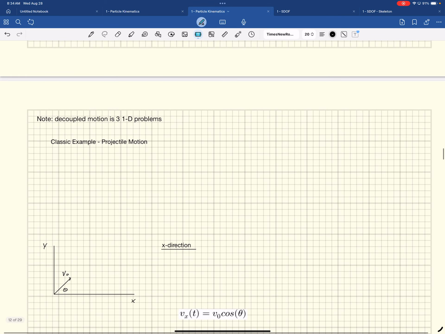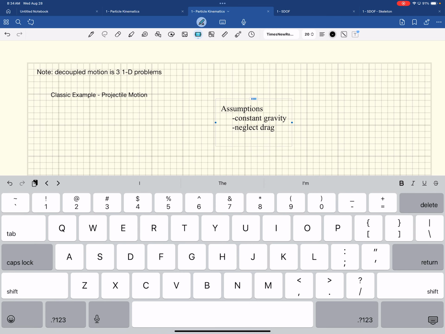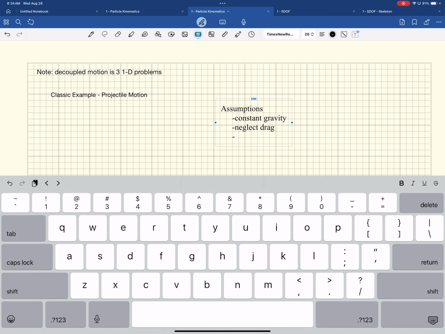So there are some assumptions when you do projectile motion, and we always have to state them. We have constant gravity. For a typical problem, you have constant gravity. You don't always have it. When we calculate orbital velocities a little bit later in the class, we do take into consideration the variation in gravity. But for now, constant gravity. We're going to neglect drag, right? No drag, and we're also going to assume